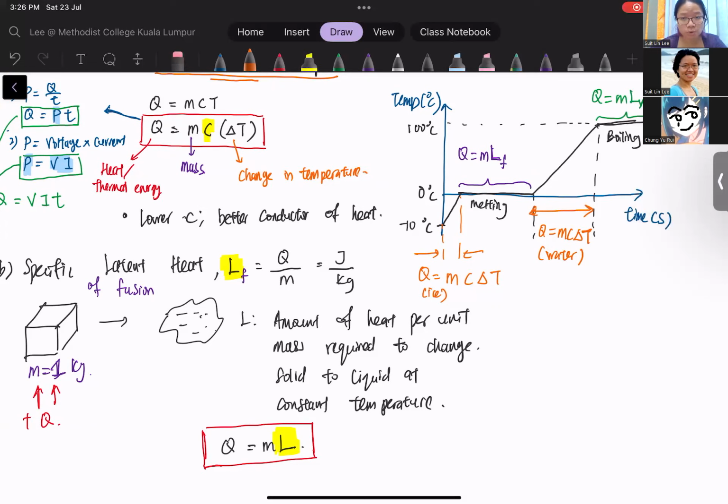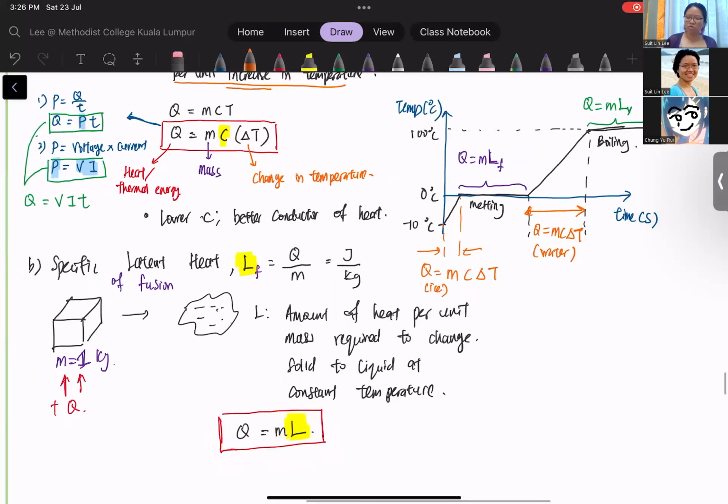So you just have to ask yourself, in the process that I see in the question, is the thing melting? Is the thing boiling? Or is the thing only changing temperature? So it should be pretty obvious the way they present itself in the question, okay? So just to top up the last part of our notes, I guess now